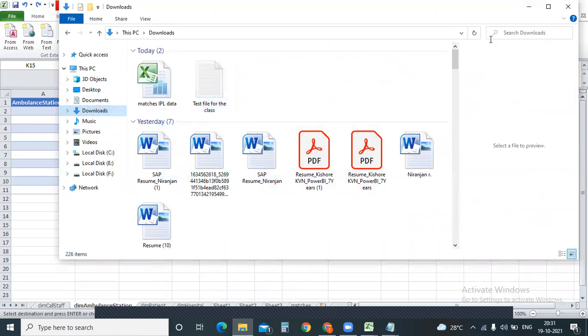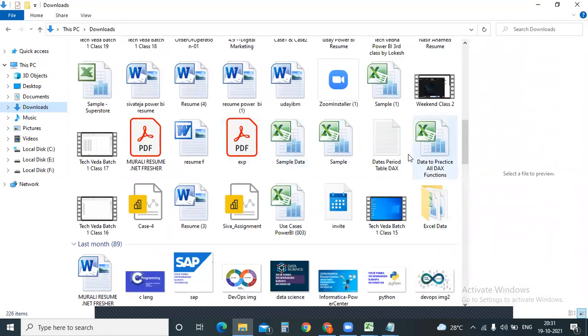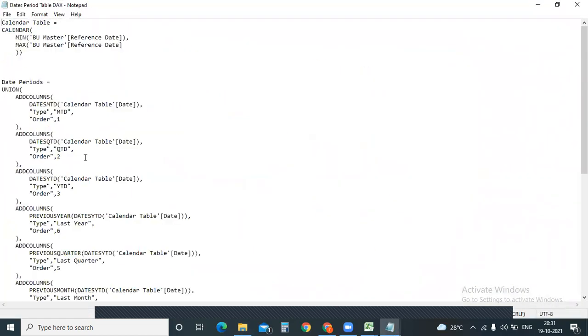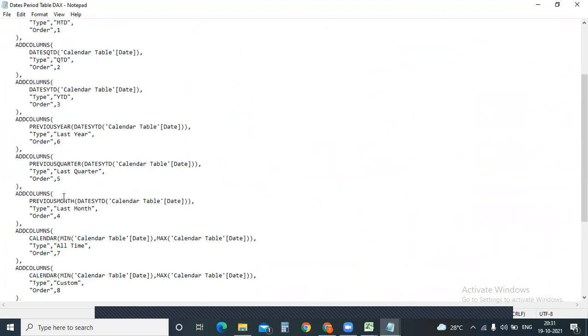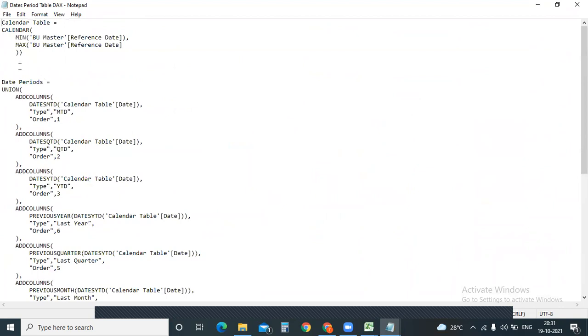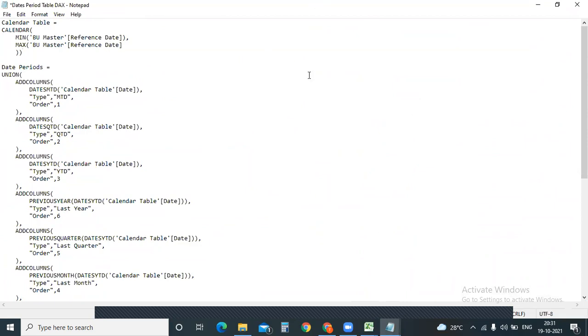Let me open downloads, right? So data, yeah. If you open this code, see, this is the code. Now, can you separate this by delimiter or fixed width? Practically, no, we cannot do that. So that's the reason, whatever the data is there, it's copying to the Excel as it is.